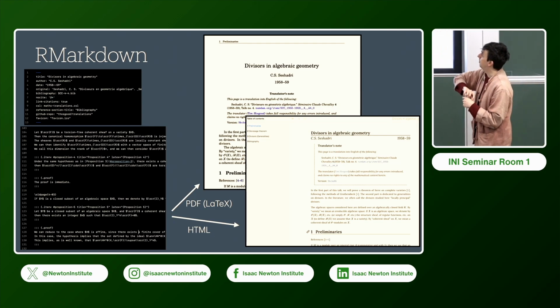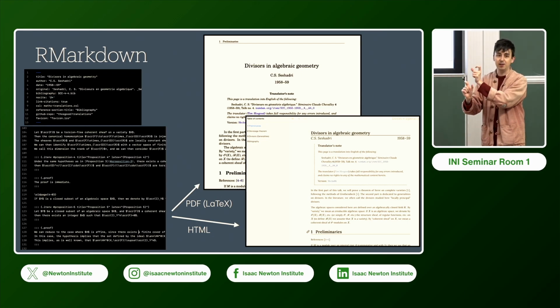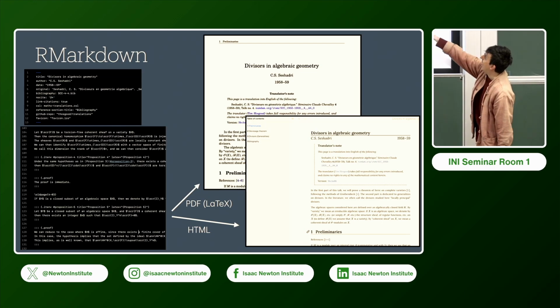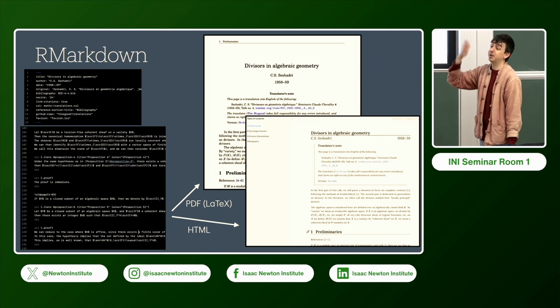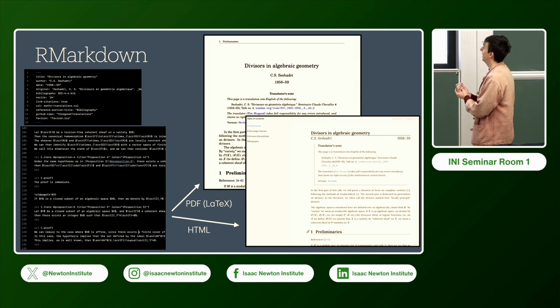write them in this language called R Markdown, which, as you can see, is basically LaTeX. I mean, all of the maths is LaTeX, it's just the begin and end environments are different. There's these 3 colons instead. And at the top, you can see how you put information like the title and the author and loads of other stuff. It's not incredibly different from LaTeX, but it is a different language. It's not completely trivial.